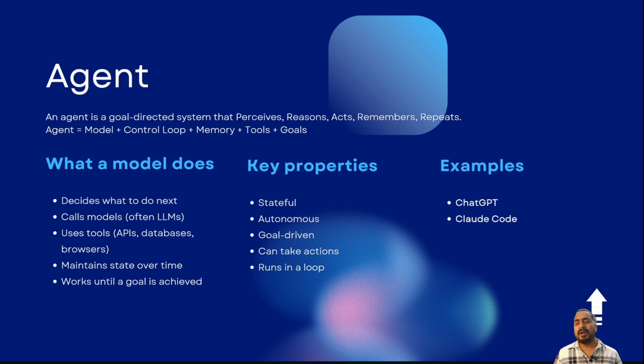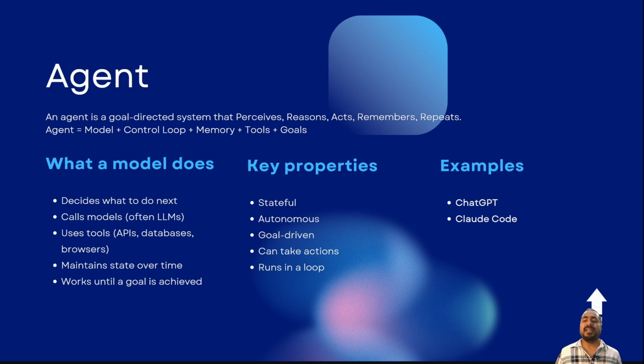Here's the key insight. The same underlying model can be used in different ways. For example, GPT 5.3 as a model, you call the API, send a prompt, get a completion, pure function, no memory, no tools, no goals. GPT 5.3 in ChatGPT, the same model but wrapped in agent infrastructure. The ChatGPT product adds conversational memory, stores your chat history, tool use like web browsing, code interpreter, etc. System prompts, giving it goals like be helpful, control logic, deciding when to use tools. The model is the same, the system around it makes it agentic.